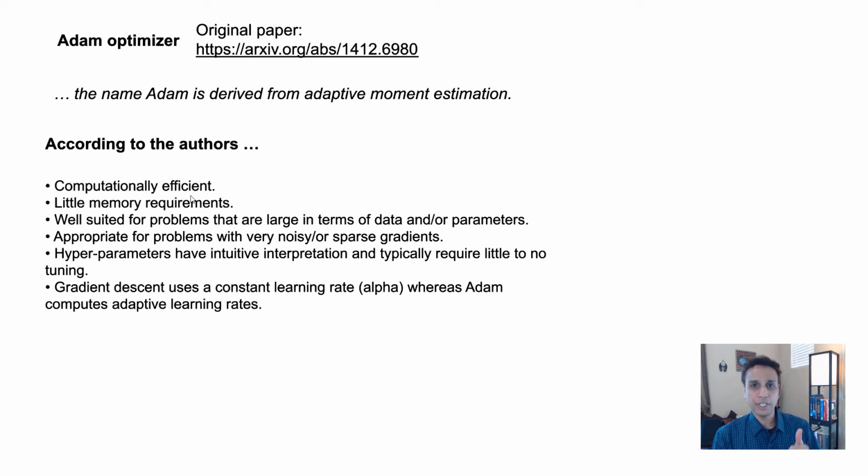First of all, Adam is computationally efficient, apparently, compared to the other approaches. It has little memory requirements and is well suited for large problems, large data sets in terms of data or the number of parameters that need tuning. It's appropriate for problems with noisy or sparse gradients, and its hyperparameters have intuitive interpretation. I just copied and pasted these things; if they don't make sense, that's okay. Noisy and sparse gradients, as the name suggests, means you look at the gradients and they're kind of noisy or very sparse. The best thing I like about Adam, let me put it this way, is I do not